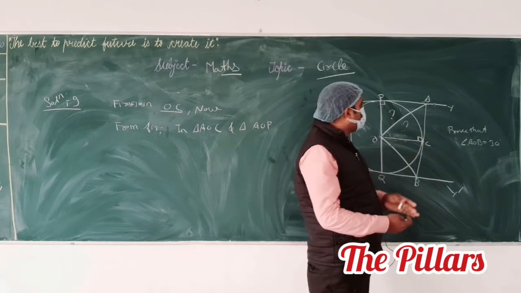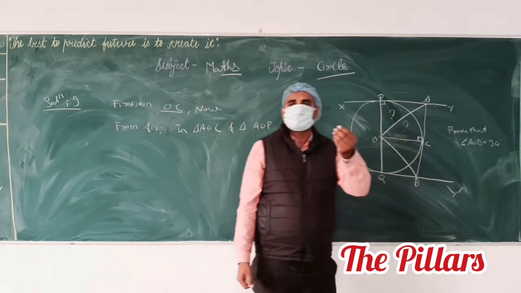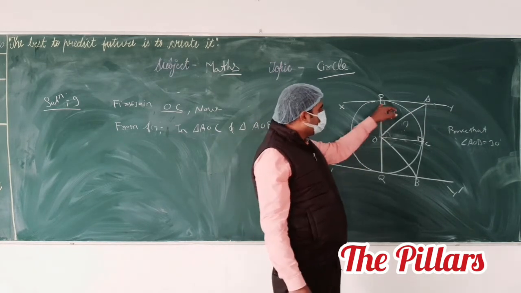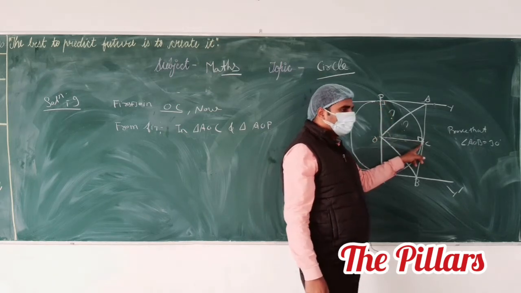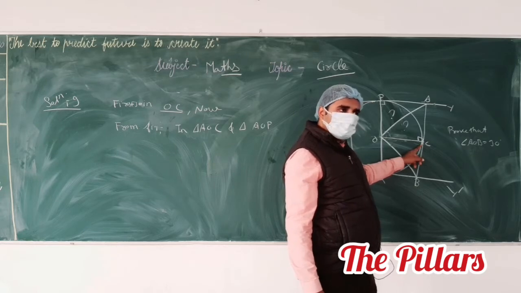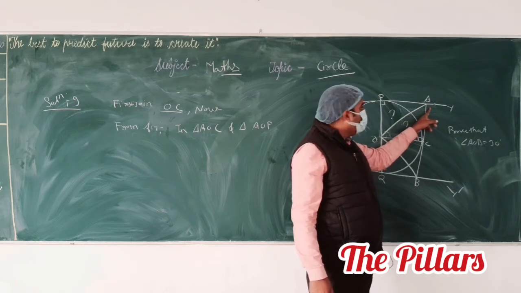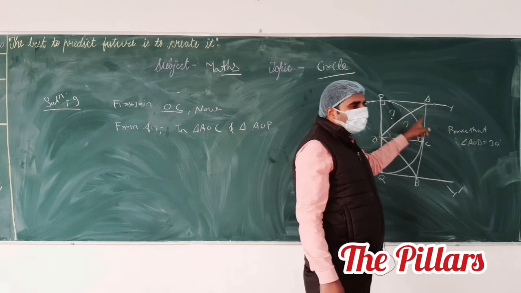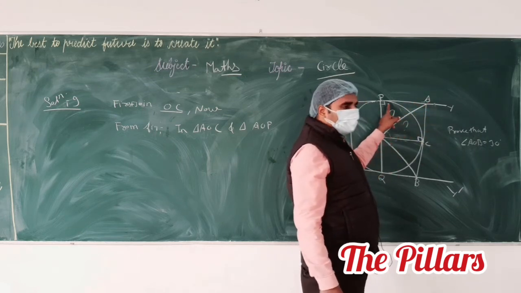You see that we have two triangles, AOP and AOC. We try to show that these two triangles are congruent. You see that these two angles are equal to each other. Otherwise, you see that OP equals OC or not. Radius, OP equals OC. And OA equals OA, common side, and AP equals AC. From an external point A, these are the two tangents.